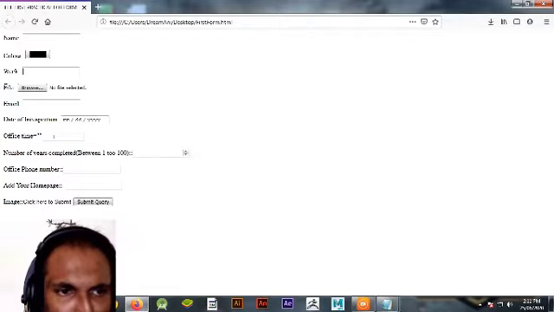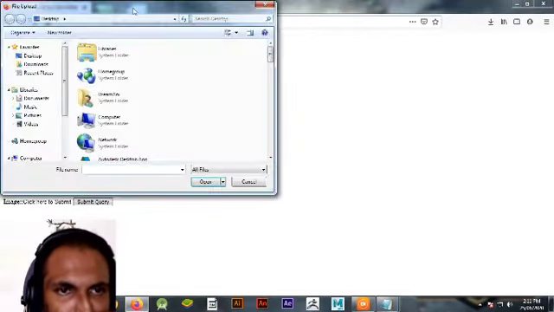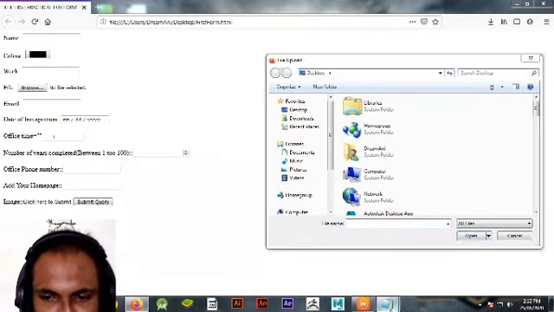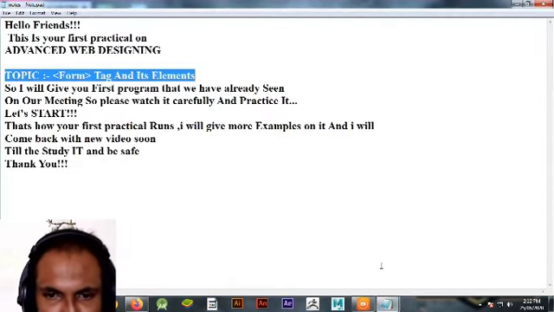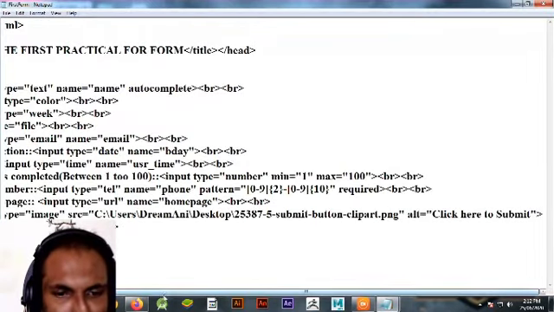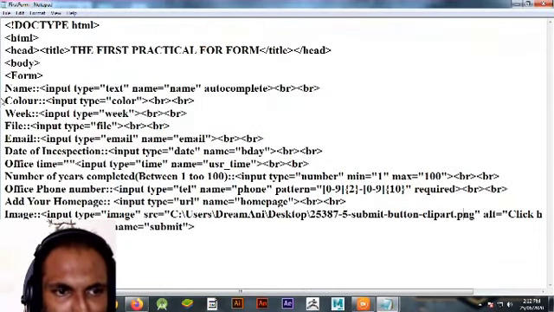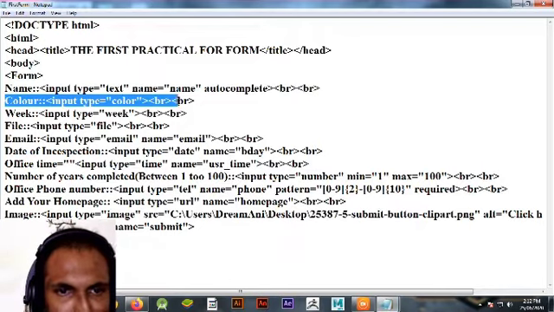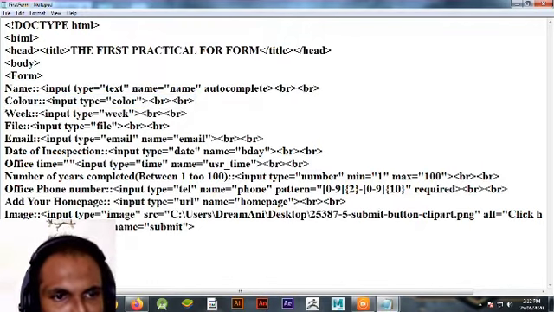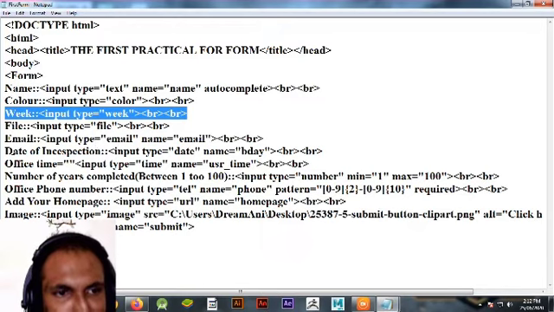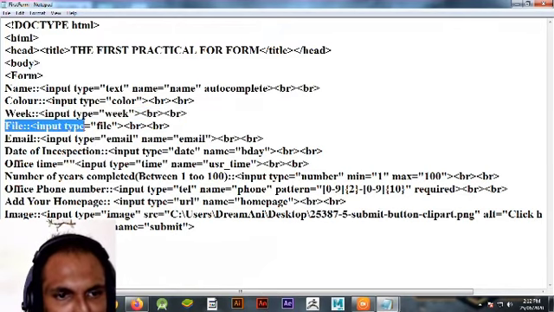If you want to upload a file, then you can click here. See, this is the code of this line. The color appears after this code, the week appears after this code, and your file can be uploaded after this code.